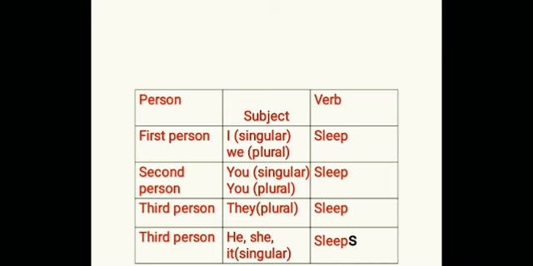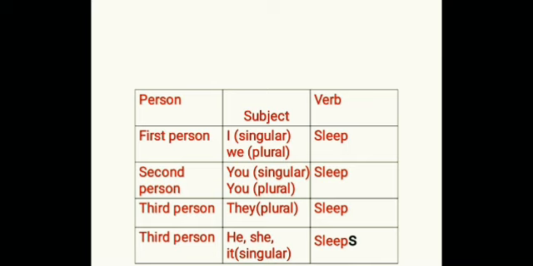We first person plural, more than one, many. So we do not add s to the verb. Second person you singular means you are talking about yourself or you are talking about each other. So we do not add s to the verb when you singular, you plural, more than one, many. So we do not add s to the verb. Third person they plural, more than one. So we do not add s to the verb.